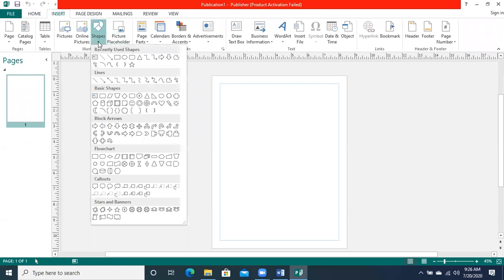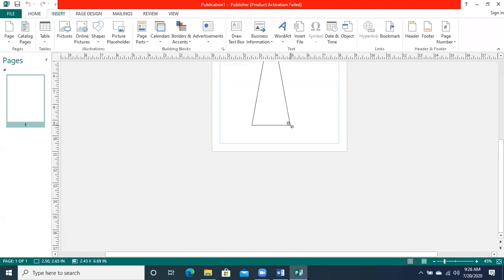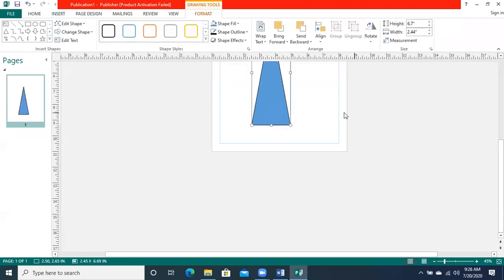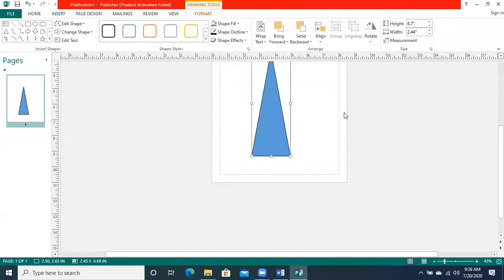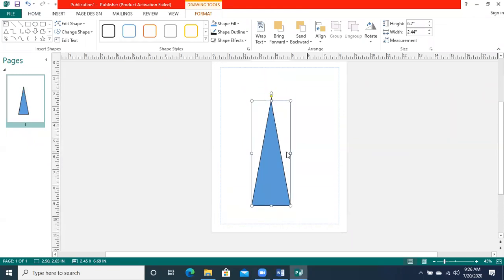The MCQ is saying that when you insert a shape, which tab appears? Let me insert one shape over here. So when you insert a shape, which tab appears?